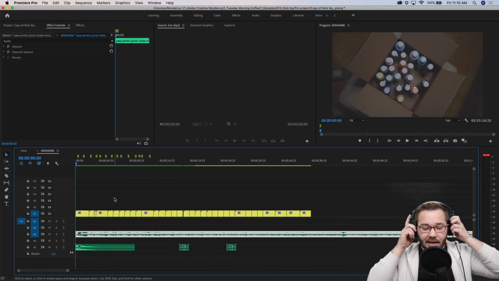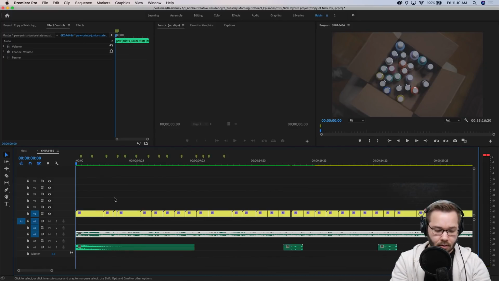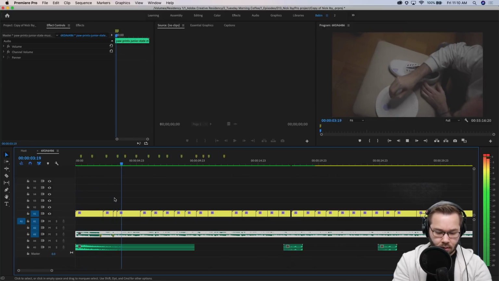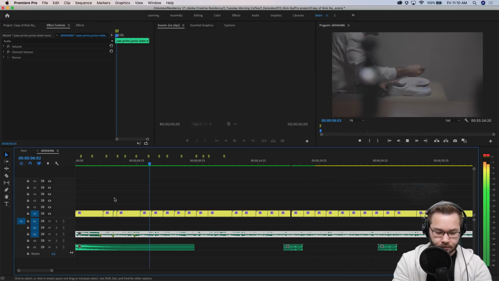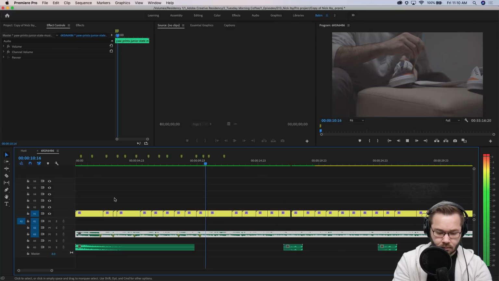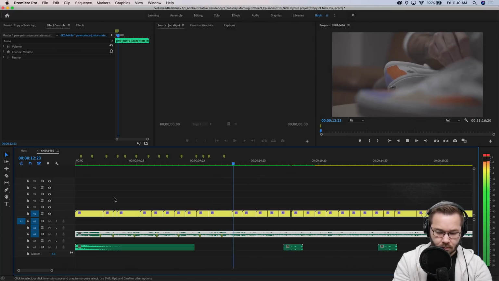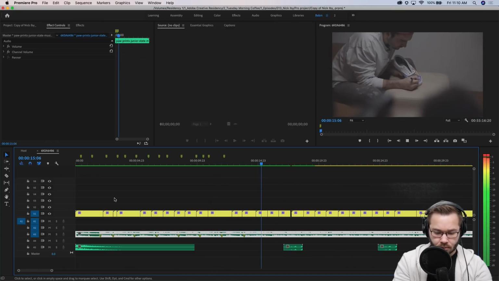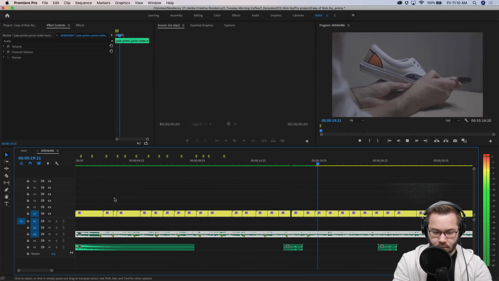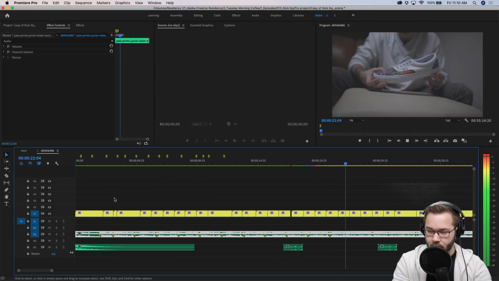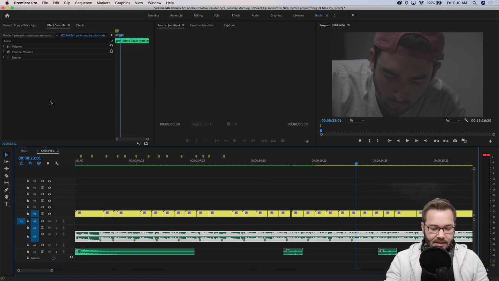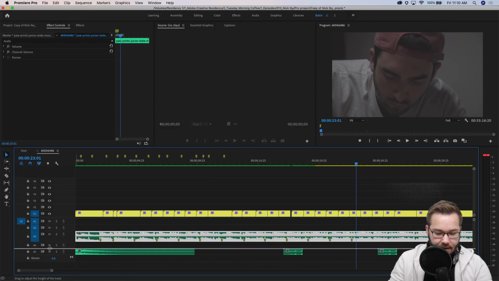All I'm going to do is switch and actually put the markers directly on the song. So I'll expand this audio track and you guys can see where these little markers have been added down on the song.